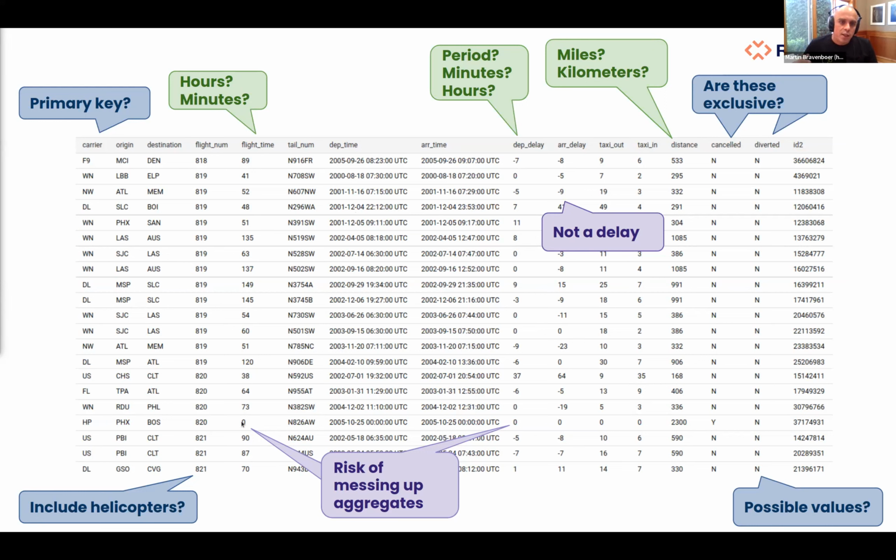So now imagine that you actually go aggregate this data and you want to know on average how long it takes to fly from here to there. You have to consider that there may be canceled flights in there with a flight time of 0, right? So that's going to mess up your aggregations very easily. Now, of course, it's easy to say, well, this is a really bad data model. They shouldn't have done that. But sadly, in practice, this is how people apparently model their data often.